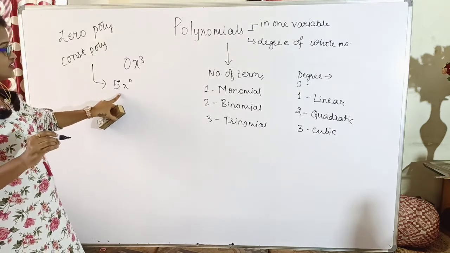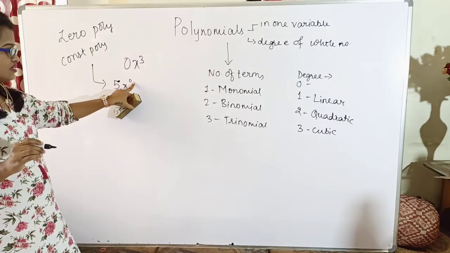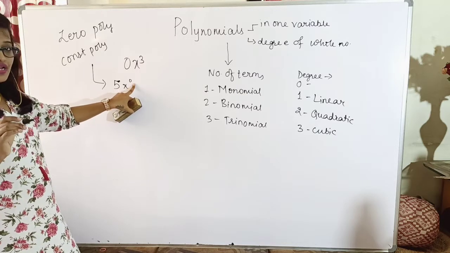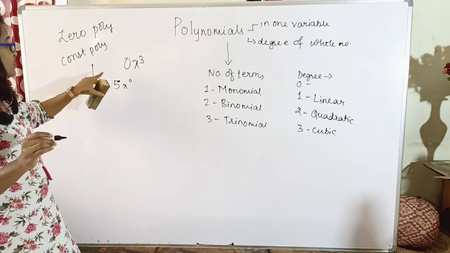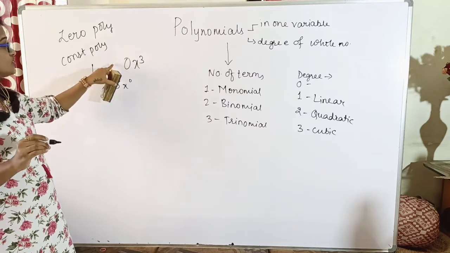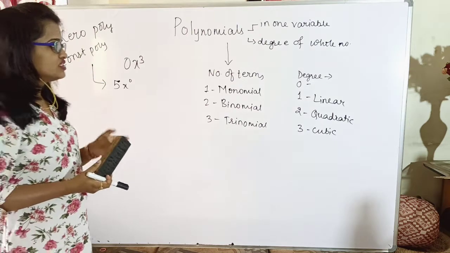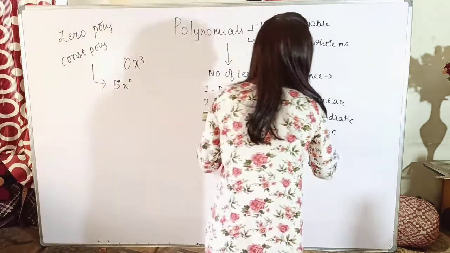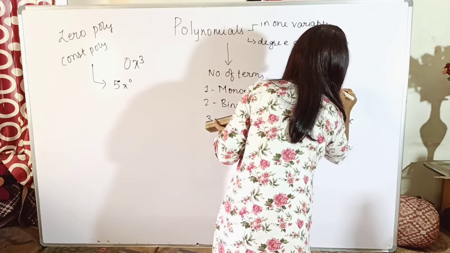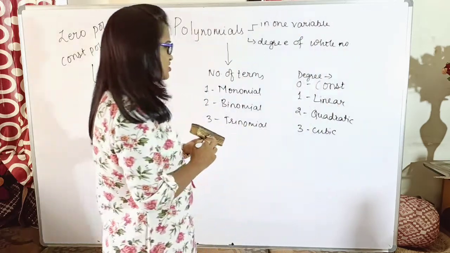So as you can see here, the degree of the polynomial has compulsorily to be 0 if it is a constant polynomial, whereas in a zero polynomial the degree could be anything, and hence the degree of a zero polynomial is said to be undefined. So in this case, if the degree is 0, we call it a constant polynomial. Okay, so this is everything